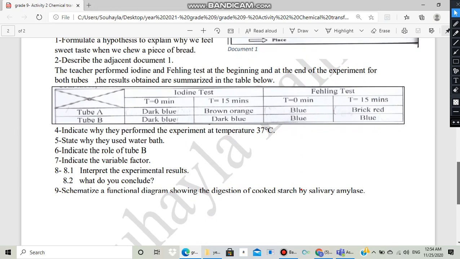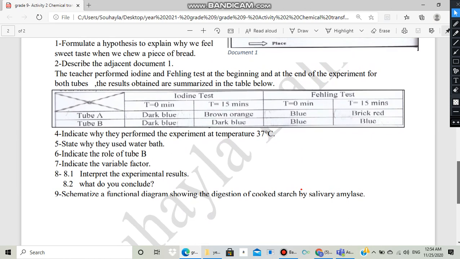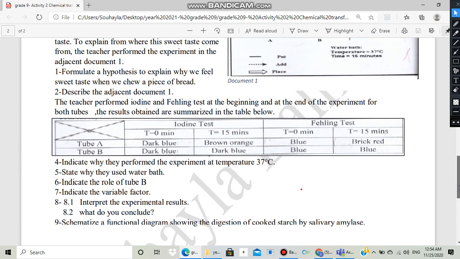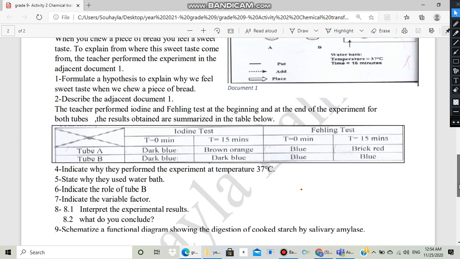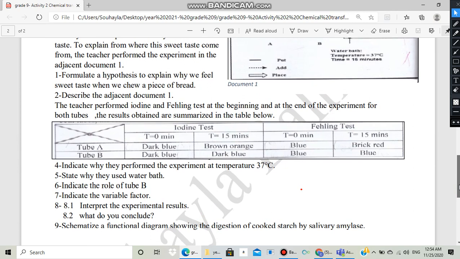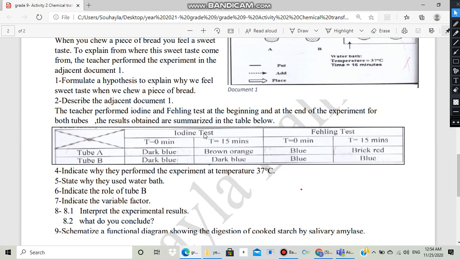Interpret the results والconclusion. Okay, to interpret means you have to analyze. After analyzing the experiment, you have to write the significance of the experiment. Under the same conditions, tube A contains saliva while tube B does not contain saliva. هلا بتبلش انت with iodine test. كان في عنا both test tubes at time equal 0 dark blue color. This indicates that both test tubes contain starch. While at time equal 15 minutes,